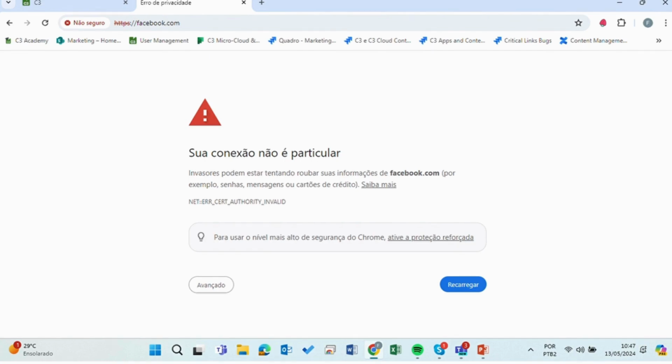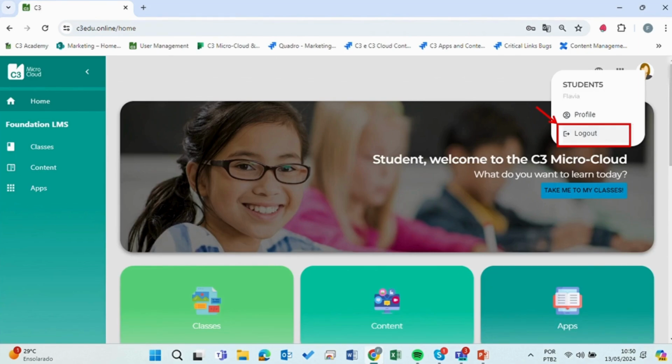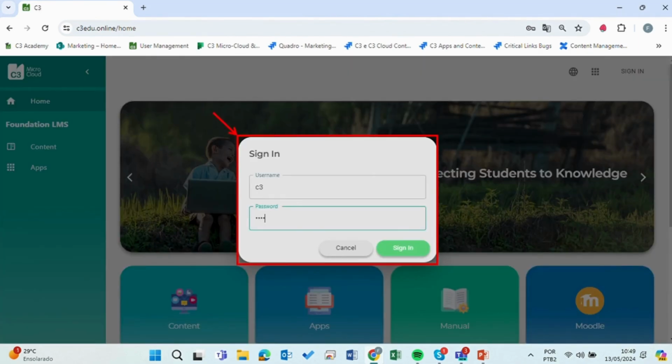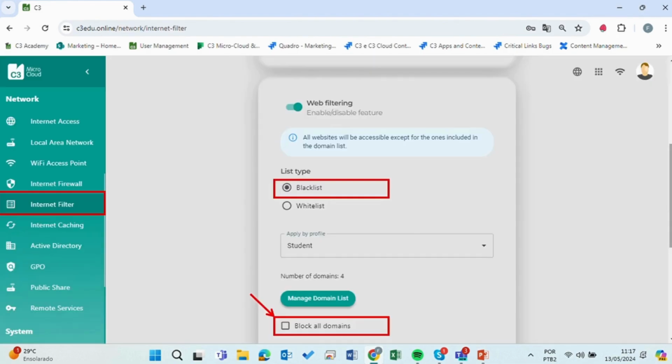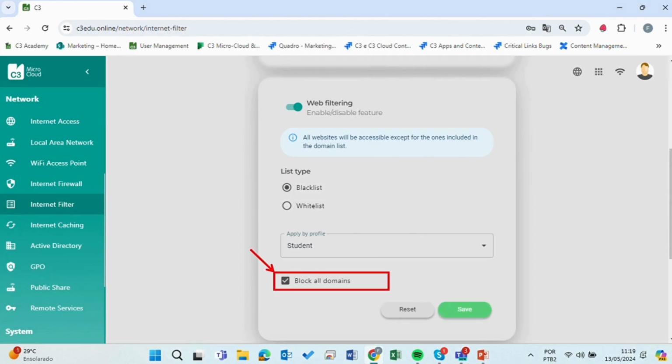it. We will now log out of the student profile and log in as the administrator profile in order to continue going through the Internet filter settings. If I choose the option to block all domains, as indicated on the screen, it means that for the student profile, which is the profile selected in this case, all domains, whatever they may be, will be restricted and therefore